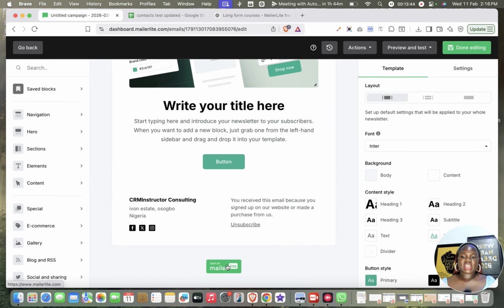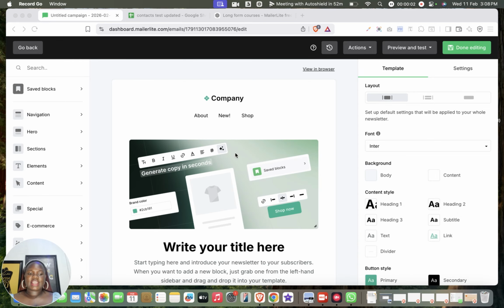We also have the MailerLite setting here, the MailerLite button. And remember that when we were setting up our account, we were not able to turn this off because we are on the free plan, and that's okay. Okay, so now we are in the editor's page of the campaign editor,